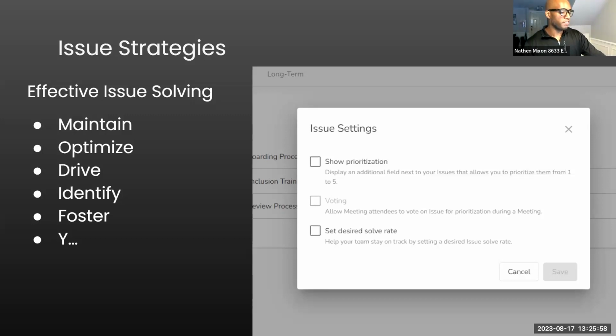And then you'll drive continuous improvement and innovation with your team, because we're collaborating, we're working together, we're pushing issues to other teams that may be able to address that information. So it's going to incite a little bit more innovation within those teams. And that can help identify and address challenges before they escalate to a whole other level. And that will help you foster a proactive and productive work culture,